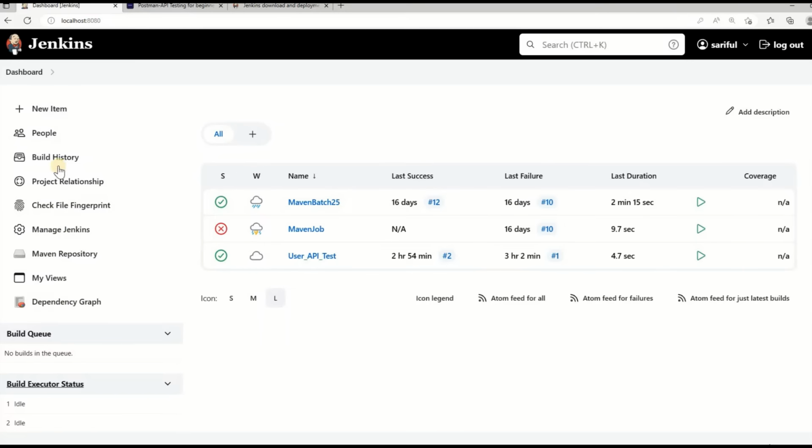On the left side, you will have all the navigation for the different things to do, but over here there will be nothing. This is your dashboard, and here you can invite more people. If you did any build, it will show your build history and your project. There's Manage Jenkins. If you click on Manage Jenkins,